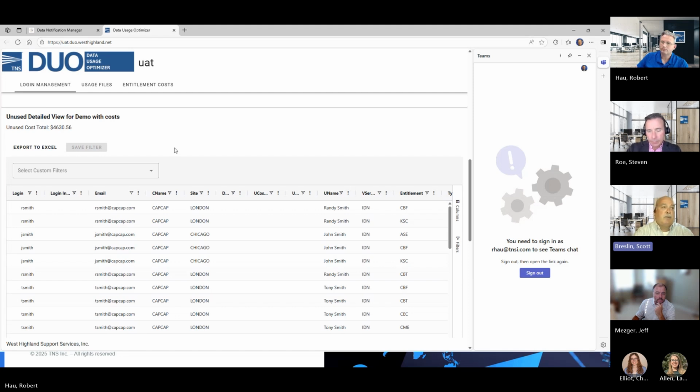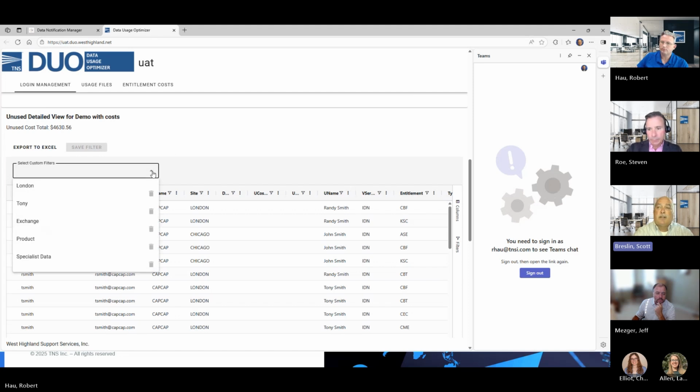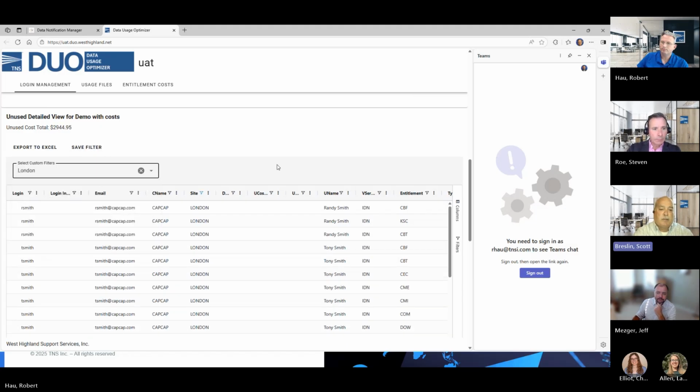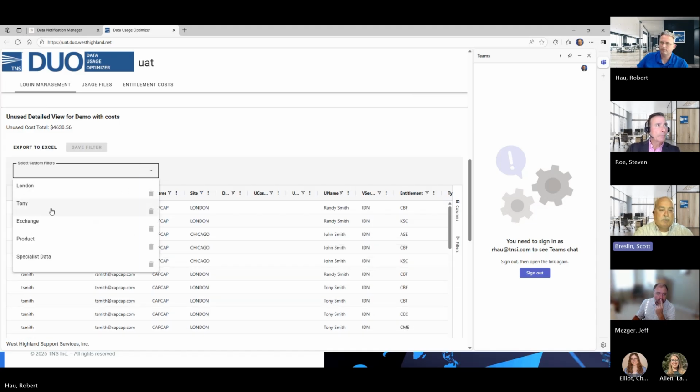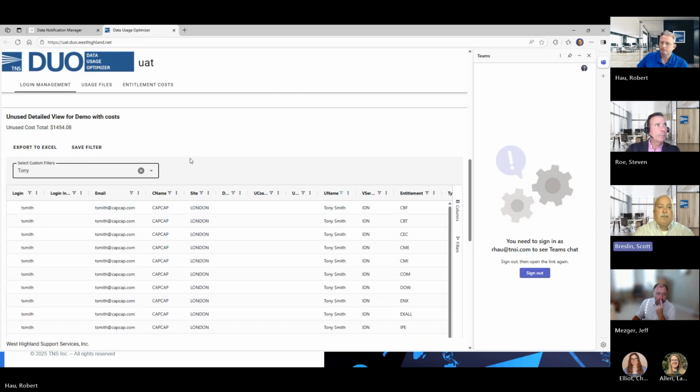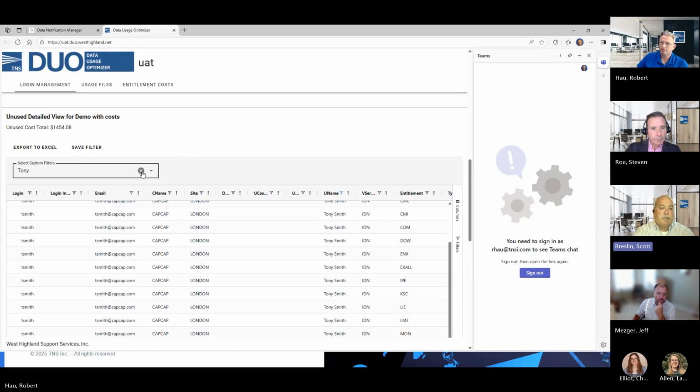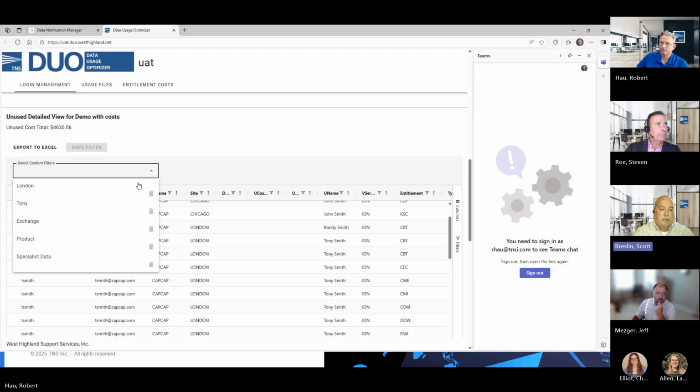Or let's say you're a global bank and you're in London and you're just interested in the London removals. You can click on London. Now this filters by anything with the site as London. So you can see that London has $2,900 worth of saving potential. You can also filter by the user. So if you want to see a user or an application, you can see what non-usage is by an application or a user, as well as you can look at just exchange